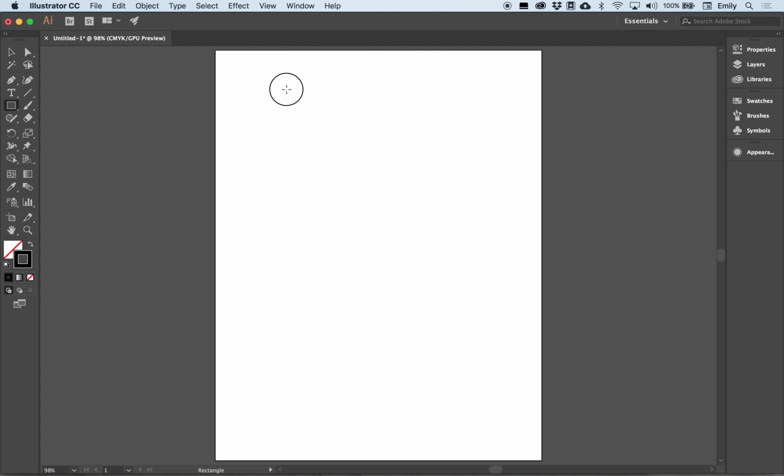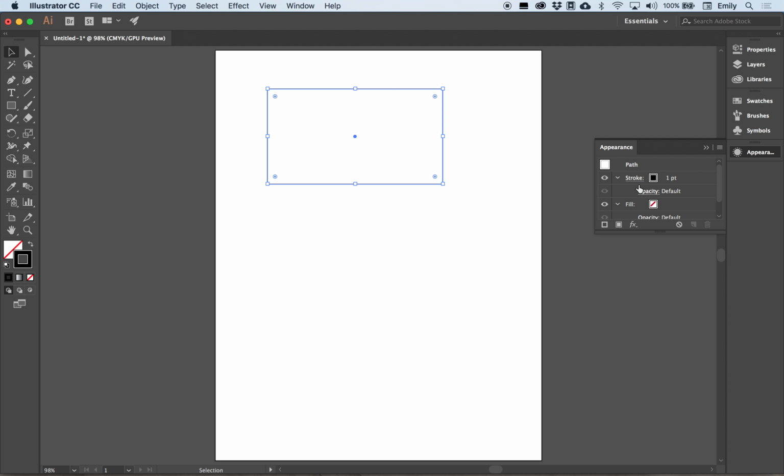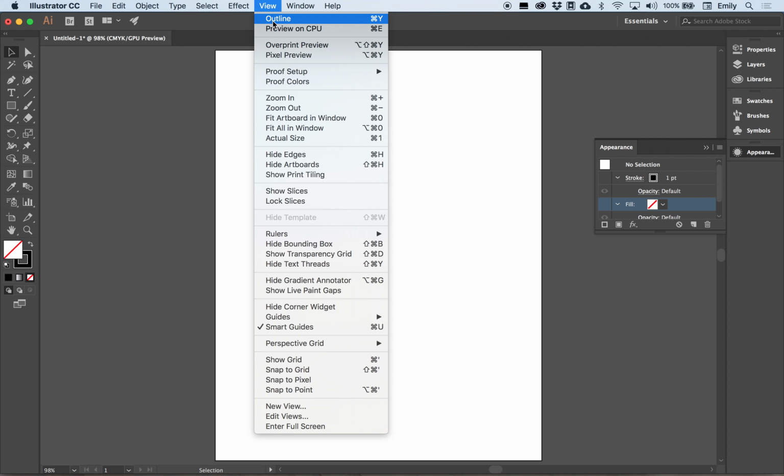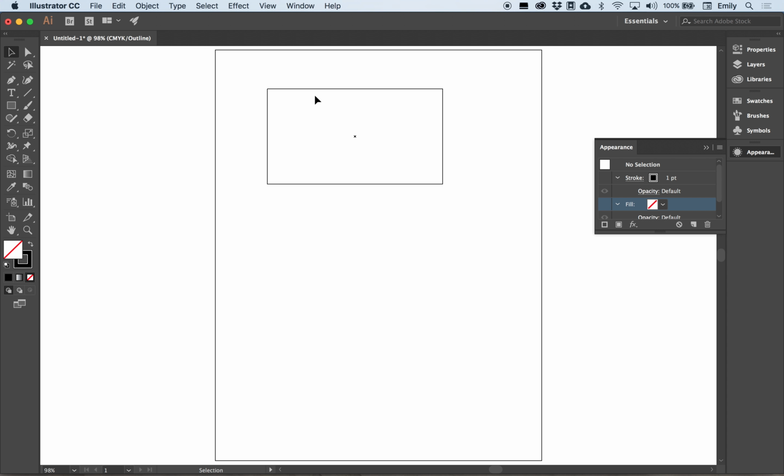So, if I draw a rectangle, for example, this one has a black line on it and actually no color on the inside. We can tell because of this red line through here. But if I go to my appearance panel here, I can actually turn off the stroke and the fill so it is nothing. And now you don't even see it there, right? It looks like it doesn't even exist. It actually does exist. If I go to view outline, you can see that it is there on the page